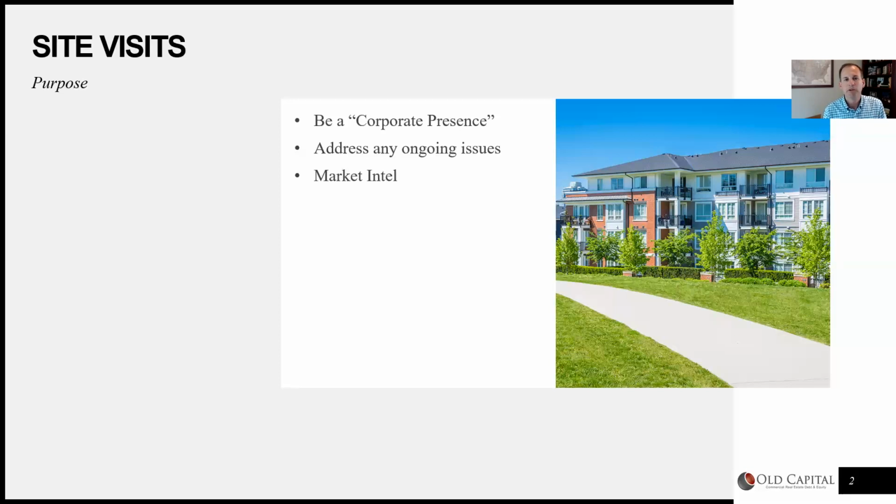So going to your property, touring the comps, going up and down the street, you'll get a feel for how the area is looking. Is it going downhill? Are you seeing broken windows, the broken windows theory? Are you seeing any kind of positive momentum? Maybe it's a zoning sign for a future large scale development that's going to add a lot of value to their property. Just being on top of that will really go a long way,